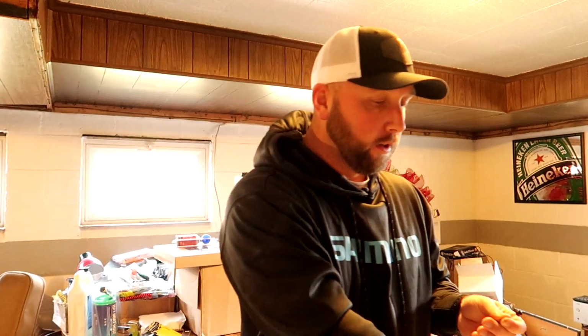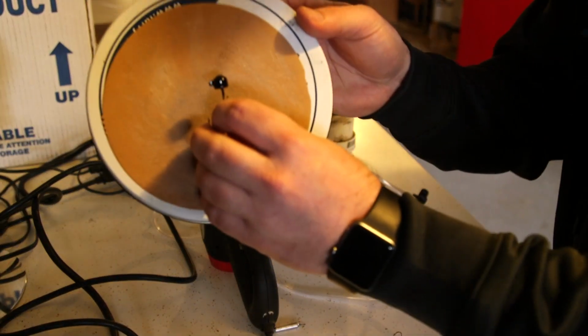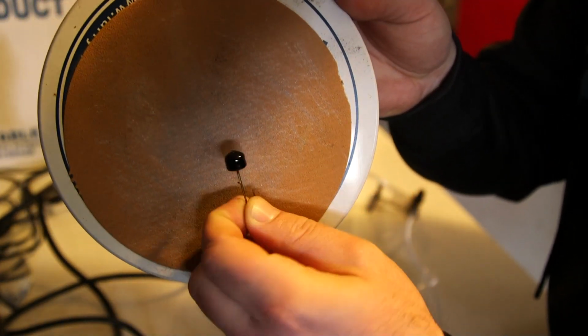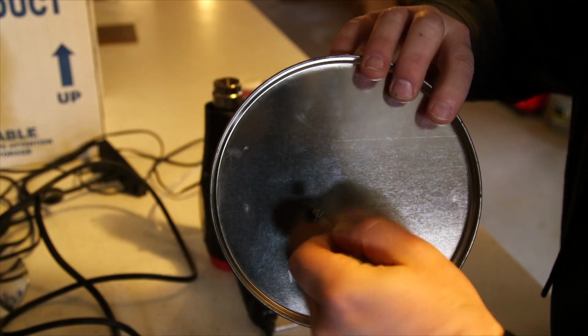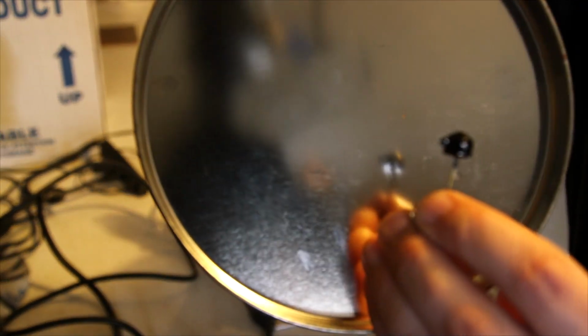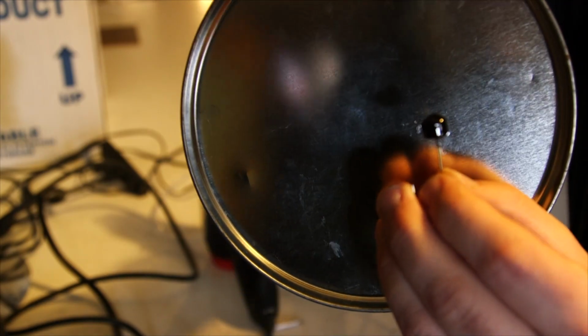Let that dry out. So here's one of them that I felt like I had a very, very good coating on. All nice and black all around it, really nice and evenly coated. One thing you're going to notice is that on the jig heads, the eyes of the jigs actually are